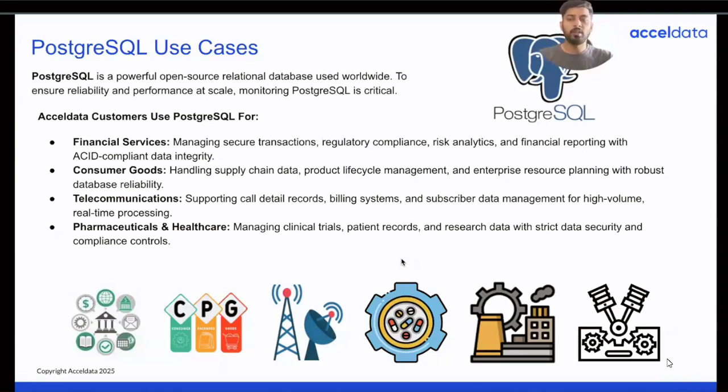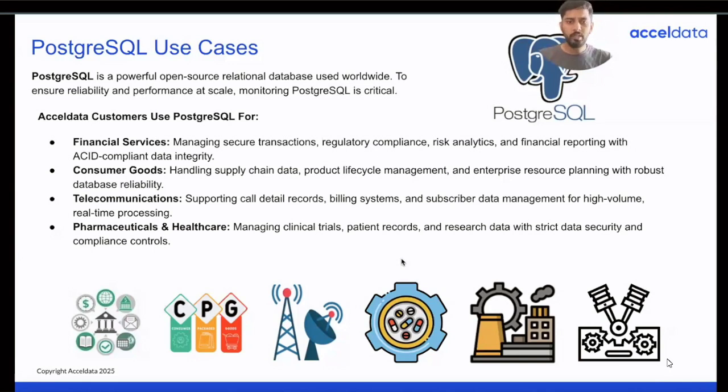For example, financial services companies use it for managing secure transactions or regulatory compliance. Similarly, CPG uses it for supply chain data. Telecommunications uses it for call detail records or billing systems, right? So there are different companies in different lines of business using the same Postgres data source for different purposes,